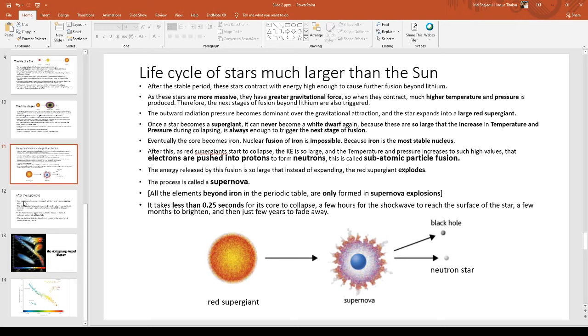Is it mandatory to form a red giant? No. An average star will go from main sequence star to a red giant phase, but